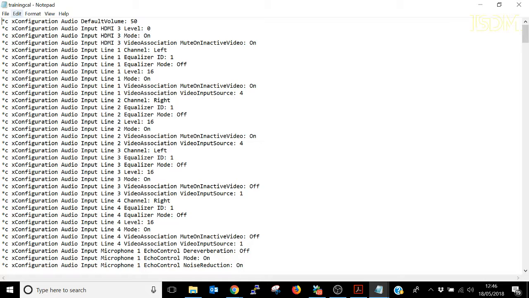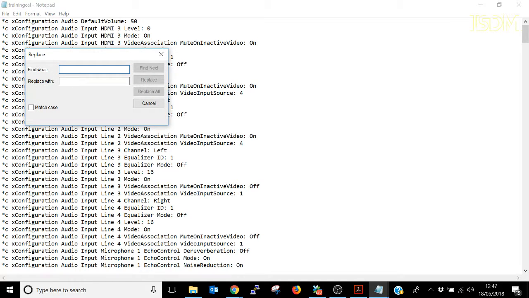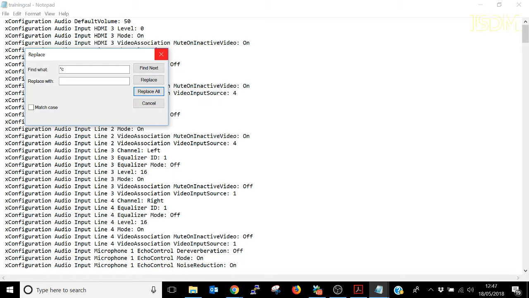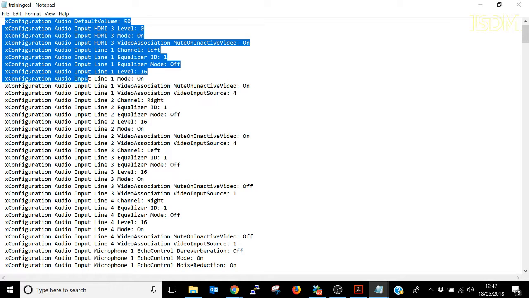The xStatus had a *s as a prefix; xConfig has a *c. So what we're going to do here is a replace. We're going to find *c and replace it with nothing. If you were to take that text file and put it back into the codec through PuTTY, it wouldn't do anything, because it doesn't recognize the wildcard c as the prefix. So if we click Replace All and close, now specifically on the older units,